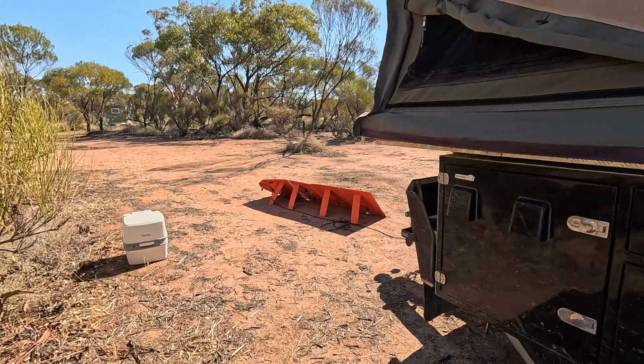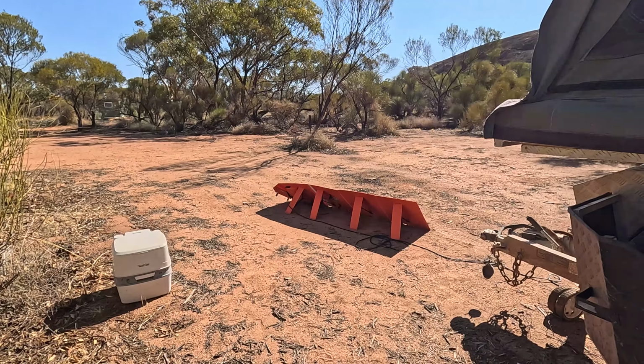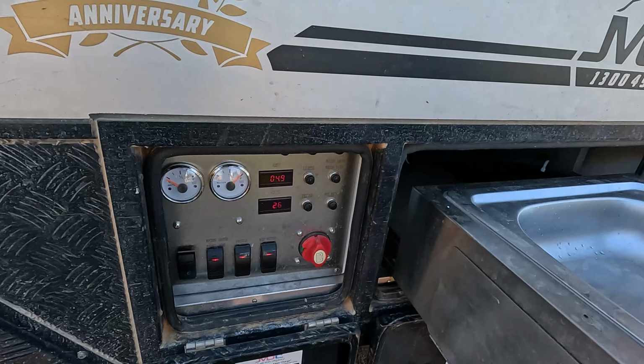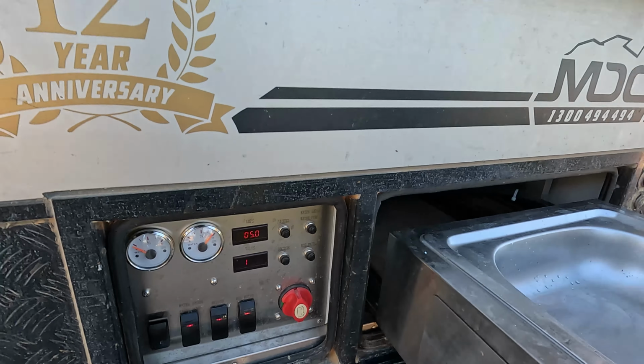There's a salt lake just over there behind me. Got most of the camper trailer open at the moment. Got the solar out, even though it's had charge off the car for a while. It's about 12.6, but keeping in mind the fridge is running pretty hard to keep itself cold, because, well, we've been driving, feels like the last hour and a bit, maybe an hour and a half,